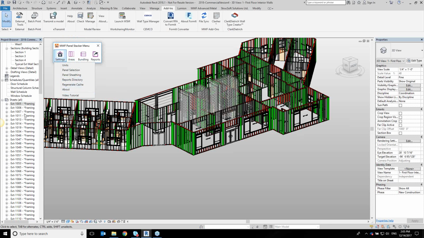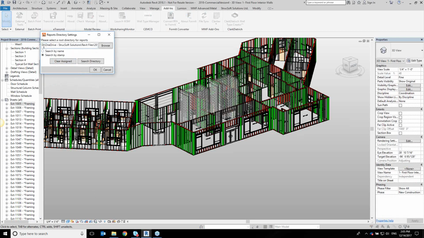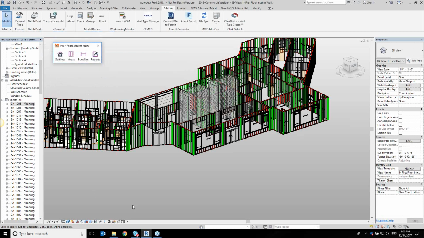Very important. So as I mentioned before, I've created all of my MWF panel shop drawings. I've exported them as a PDF to that folder location, and I can see that location right here. So I just said browse and I found it, and I searched by stamp, and I said okay. I'm not going to do this again because it runs through every single panel and it stamps a sense of